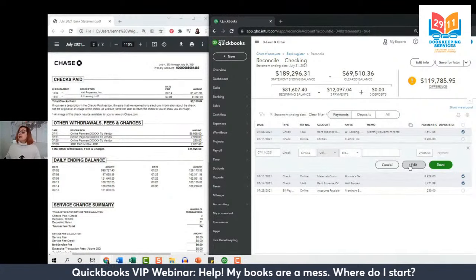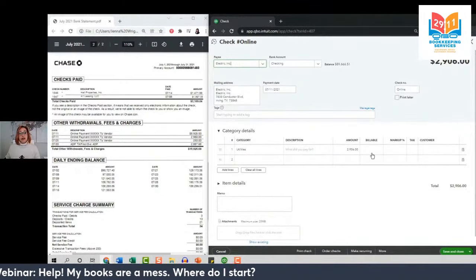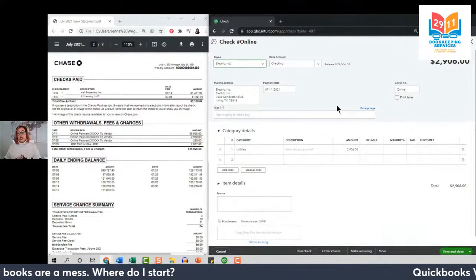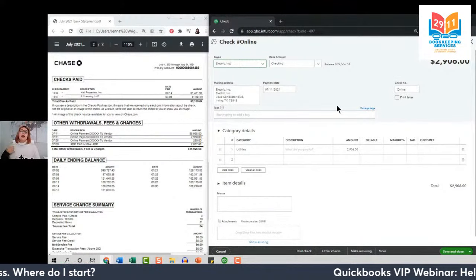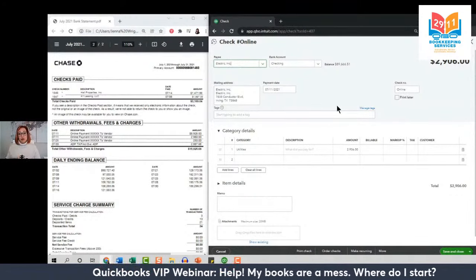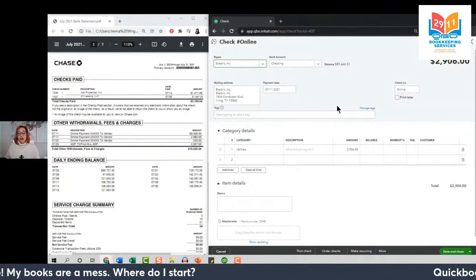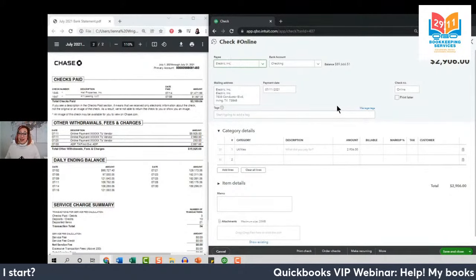First thing we're going to do is select the transaction and click Edit. This opens it up so we can take a look at the transaction in full screen. And here we want to do a little digging. You always want to go through the real world transaction, the real world statements, the real world receipts, whatever real world documents you have, because that's how you prove that what you entered into QuickBooks is correct or potentially incorrect.